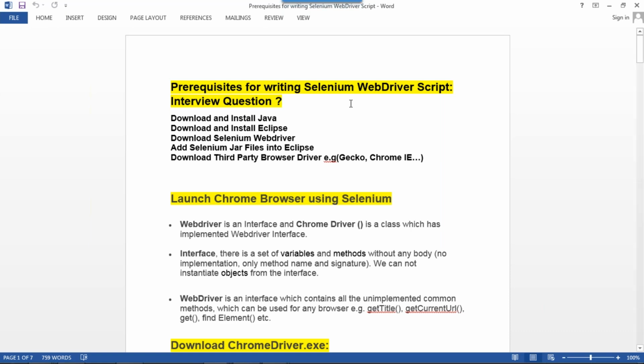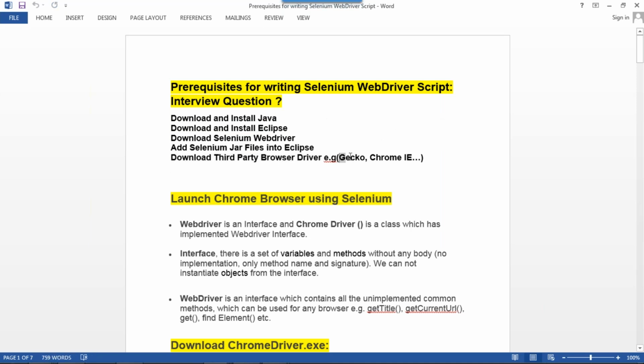You have already seen all these things. Download and install Java, download and install Eclipse, download the Selenium web drivers, and add them. Do not forget this line: add the Selenium jar files to Eclipse, to your project, and also download the third-party browser drivers.